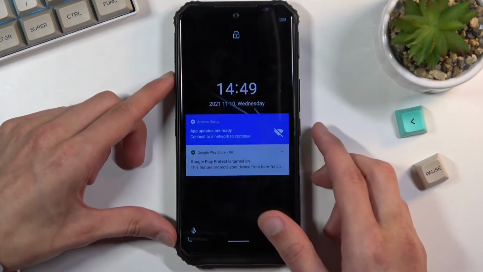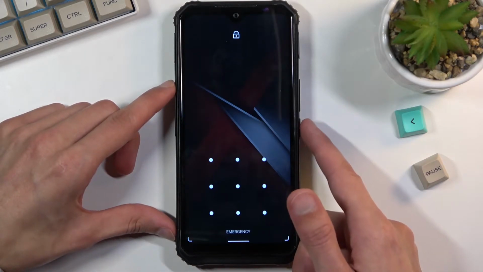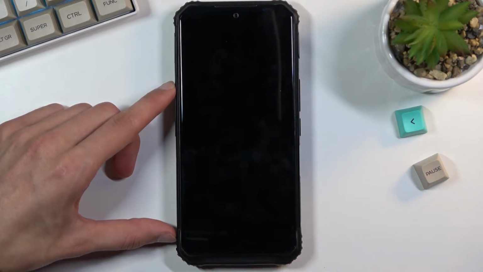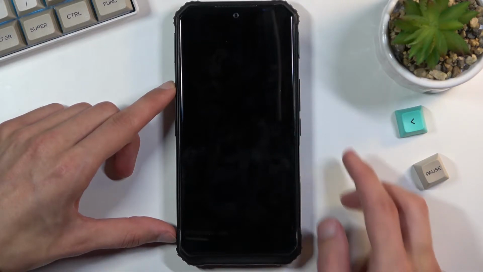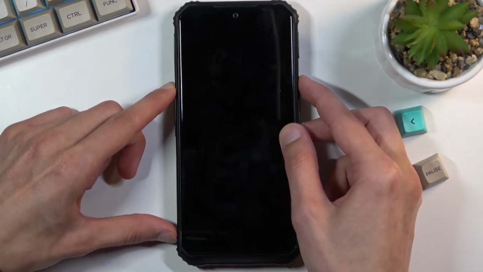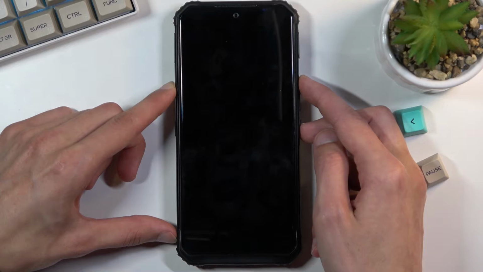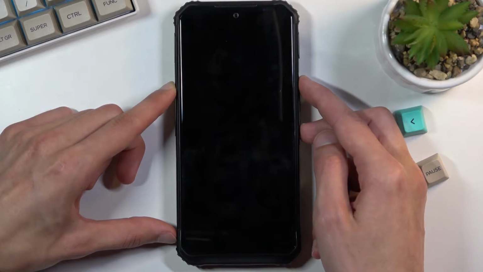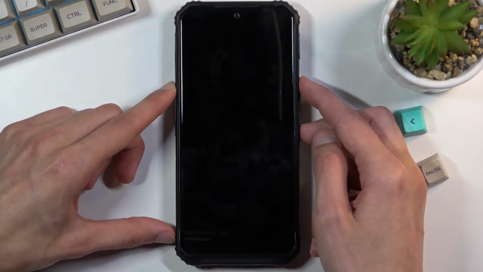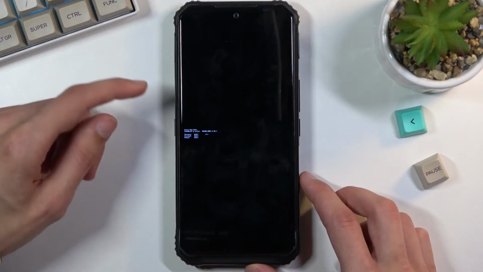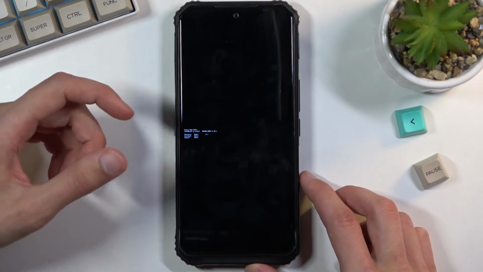So anyway, you want to start off by turning off the device, so simply hold the power key and from there select power off. Once the device turns off, you want to hold the power key and volume up at the same time. Oh, there we go. So once you see this mode right here, you want to let go of the keys,